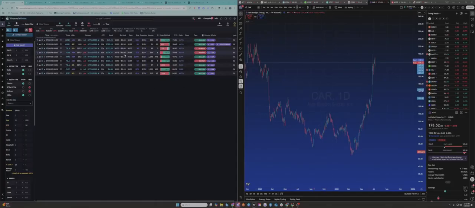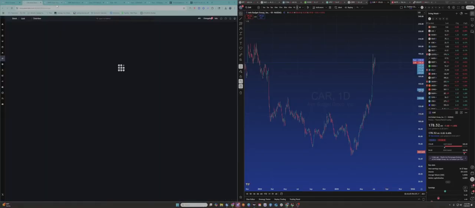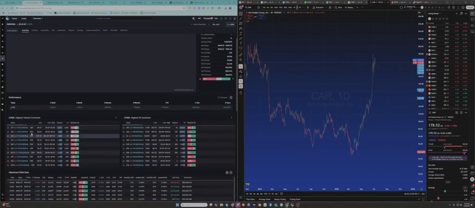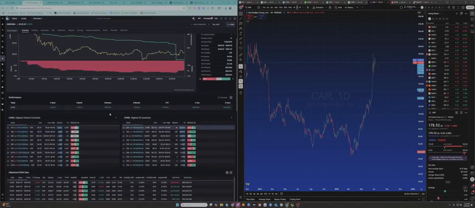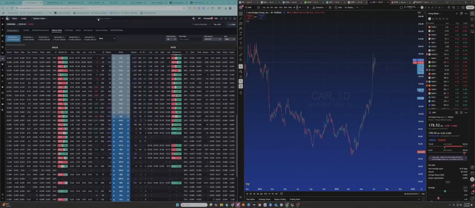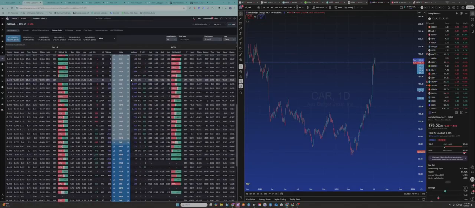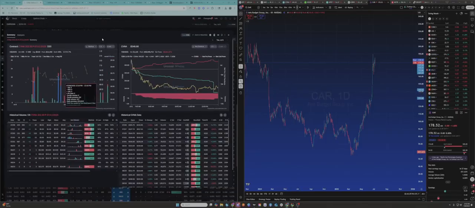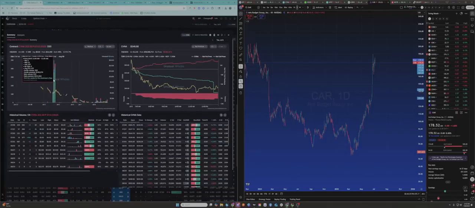So we see puts on CAR, and Carvana is another good example of a stock that I was watching, saw some flow come in, let it drop a little bit in price, and I took some of the flow. So we took 320s because I saw these come in last week, and I let them drop a little bit. So I saw 322.50 come in last week, let them drop a little bit. Boom. So this is good repeat hits right here.